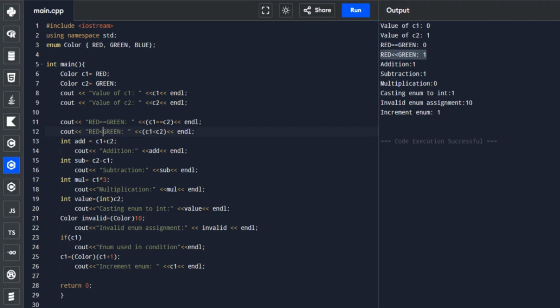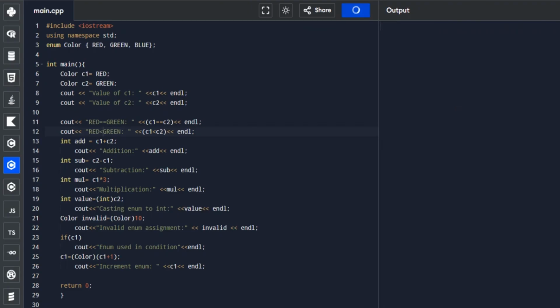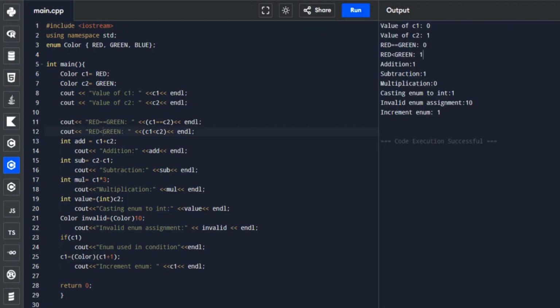Okay, let's try to run it again. And after that, we also have addition, subtraction, multiplication, including casting the enumeration value to an integer, then assigning an invalid integer value to an enum, then using it in a conditional statement. And lastly is incrementing the enumeration value.